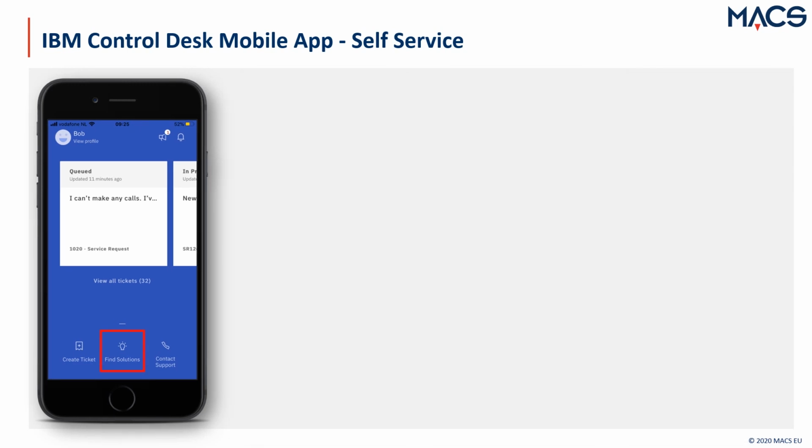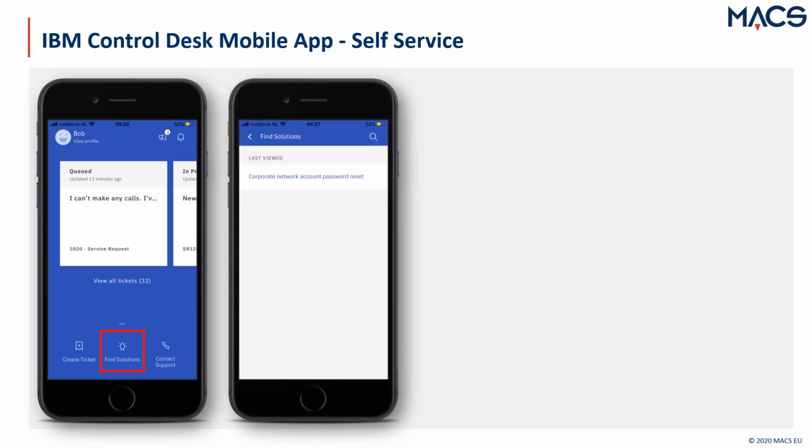So, the last part of the self-service role is find solutions. When I click on the find solutions button down below here, the next screen will pop up, and it will directly show me the last viewed solutions. This is because I already viewed this one in the portal. I can also use a magnifying glass to search for another solution. But when I click on the last viewed solution, in this case the corporate network account password reset,